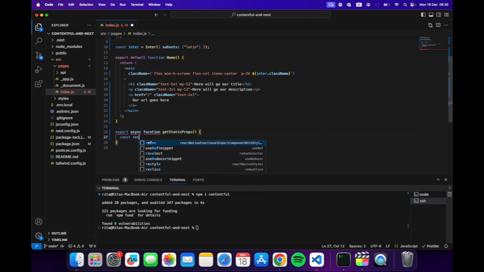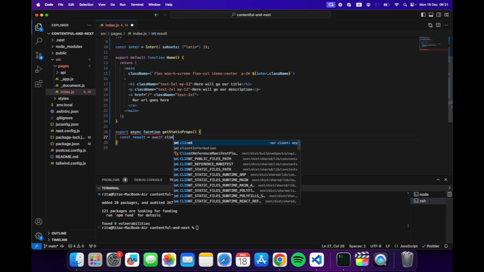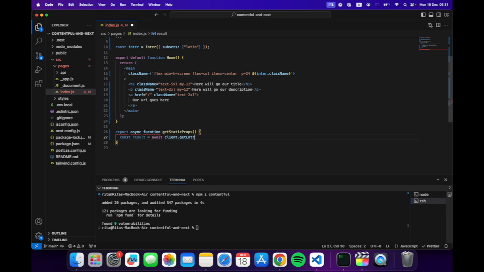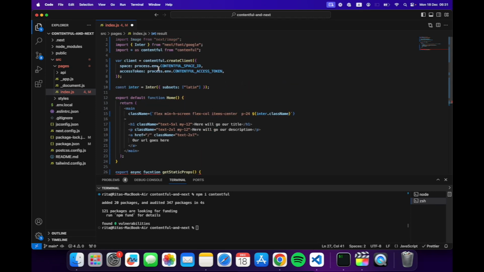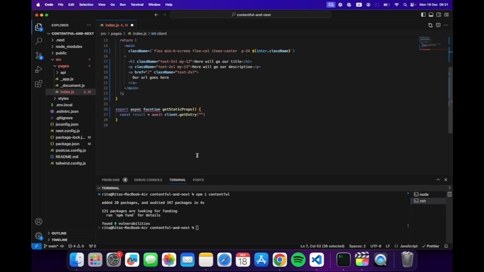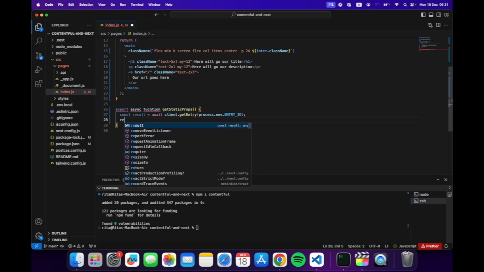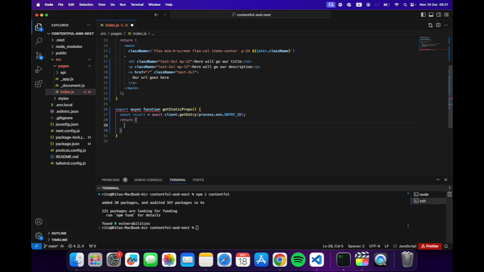We need to create a result, which will be actually our entry. We'll get the entry that we just created. Client get entry, and here we will use, let's just copy this one for now. Oopsie. And this will be the entry ID. Okay, and we need to go and return our props,